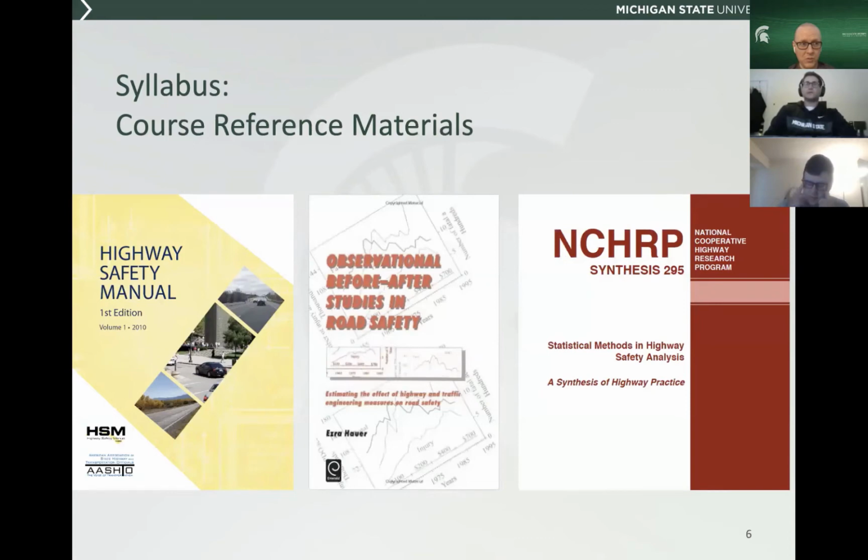Reference materials. I don't have any required texts. We have the first edition of the Highway Safety Manual, which was published in 2010, and there's a 2014 supplement, and we'll be working somewhat closely with those. There is one engineering traffic safety text by Ezra Hauer that's relatively widely utilized in the industry. There have also been some recent publications. One of my colleagues at Texas A&M has just published a text as well, so we might pull from that a little bit.